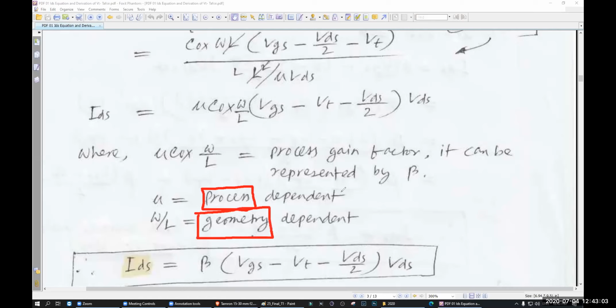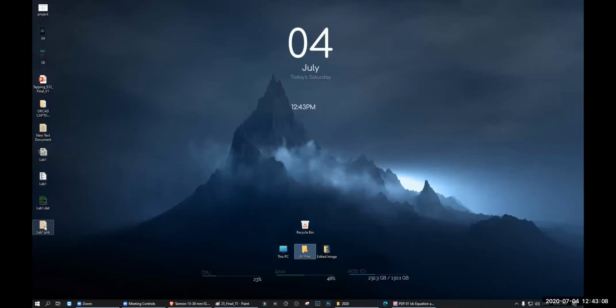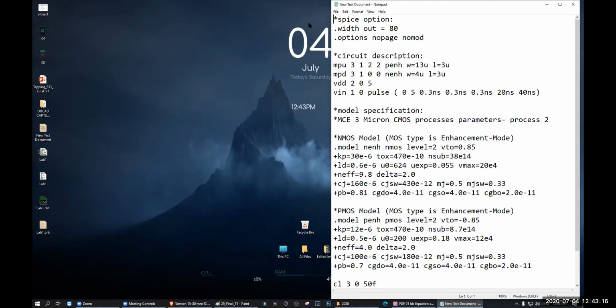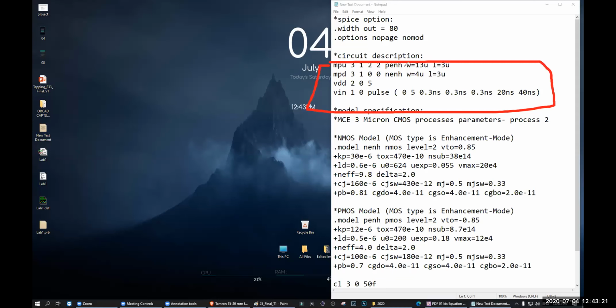In the lab, let me show you something else. In the lab section, we have changed this part only, right? This part is the geometry, because the length and width are actually geometry. This part we haven't changed, have we? No, sir. That is actually the process. See, it's written already. Can you see that? Yes, sir. So here all the parameters are there.